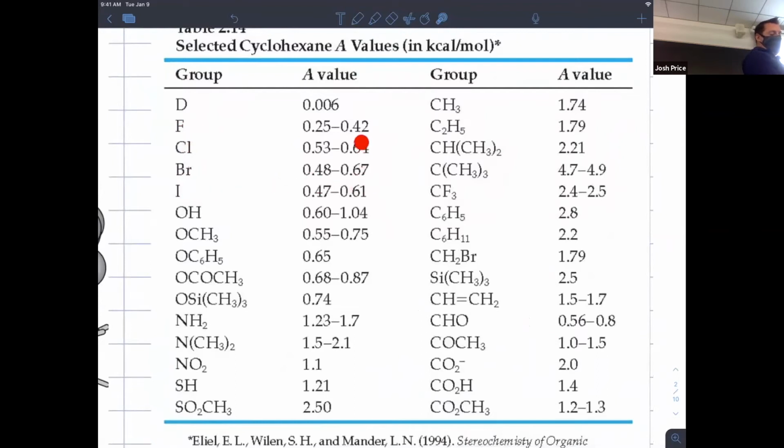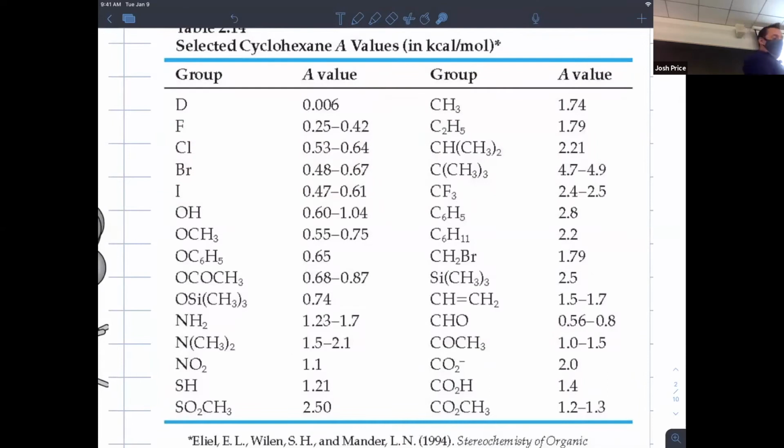Nevertheless, the A value stays constant once you're at chlorine. The explanation is that even though the radius of chlorine, bromine and iodine is larger, so you'd expect the group to be bigger, the larger radius makes the carbon-halogen bond longer,